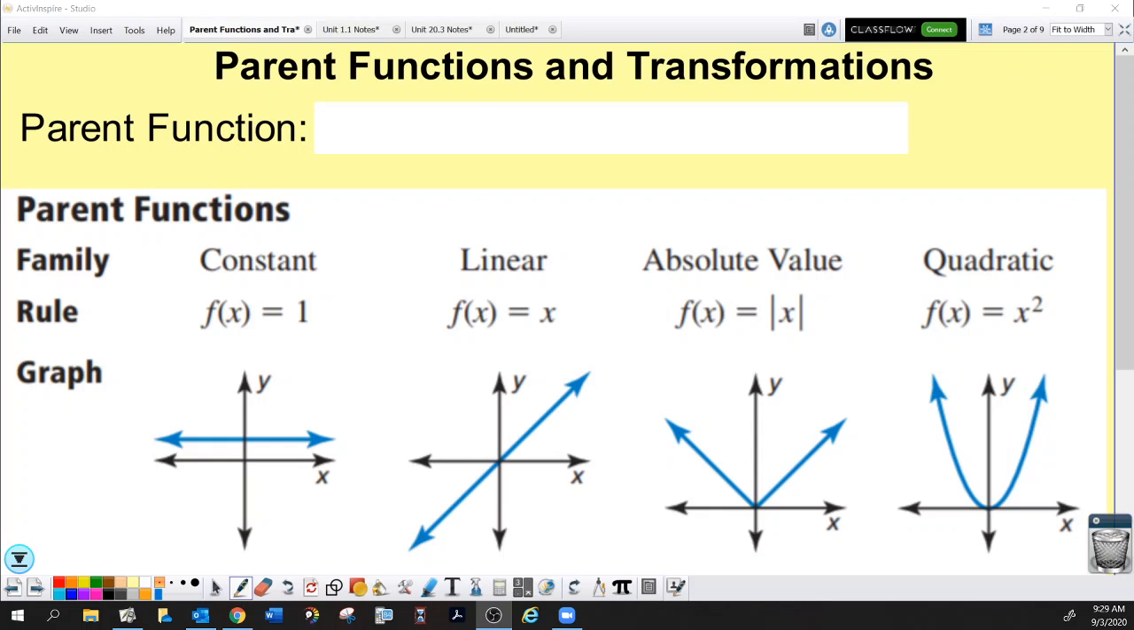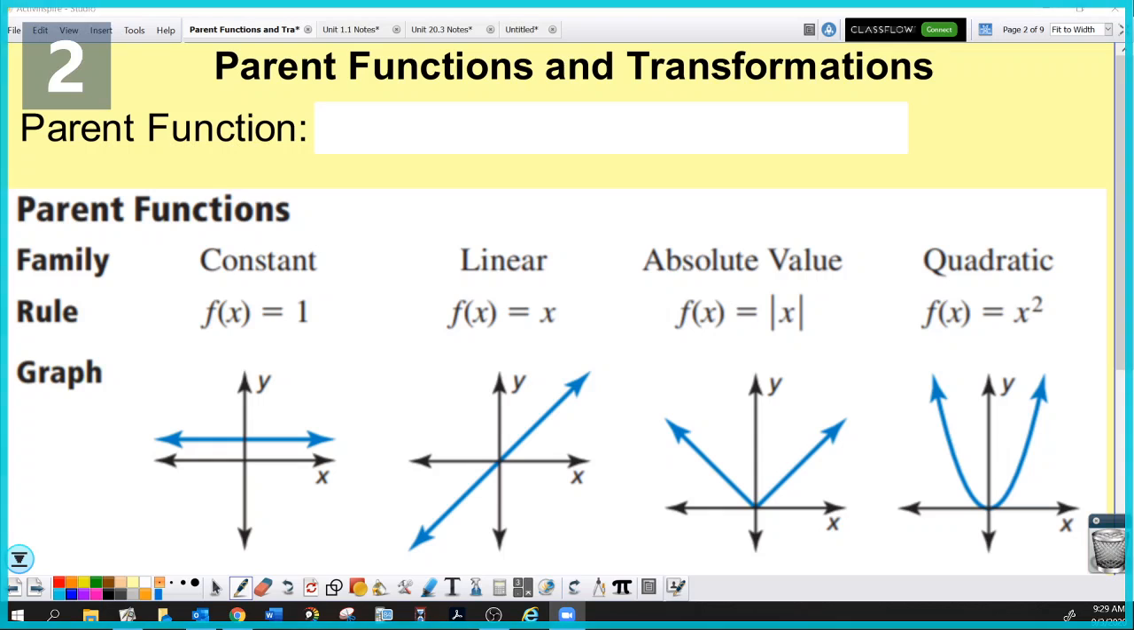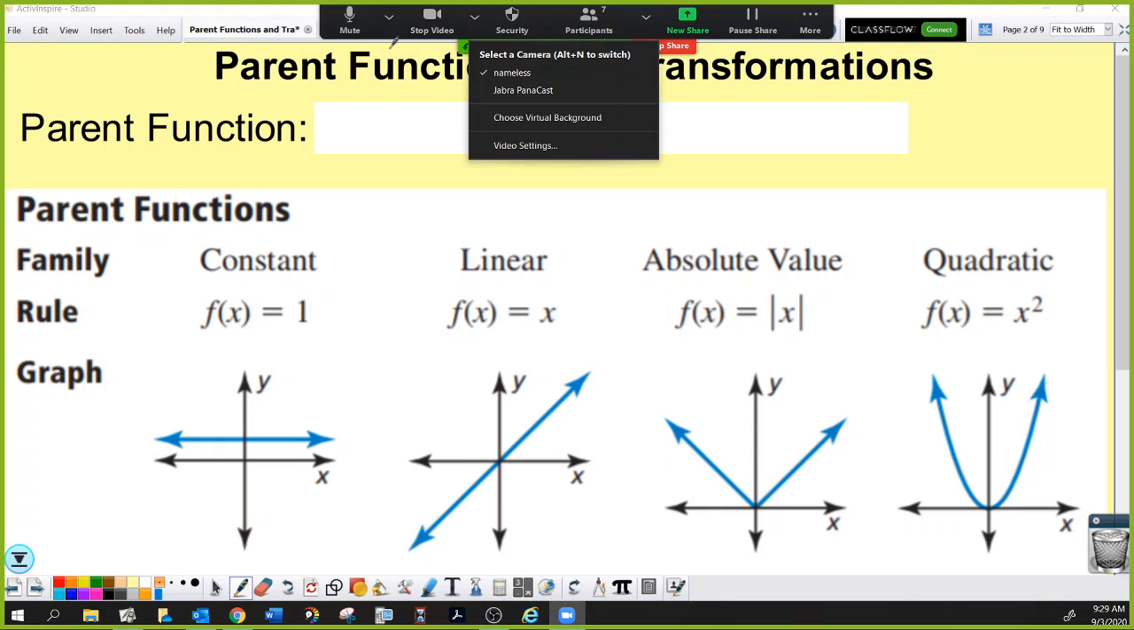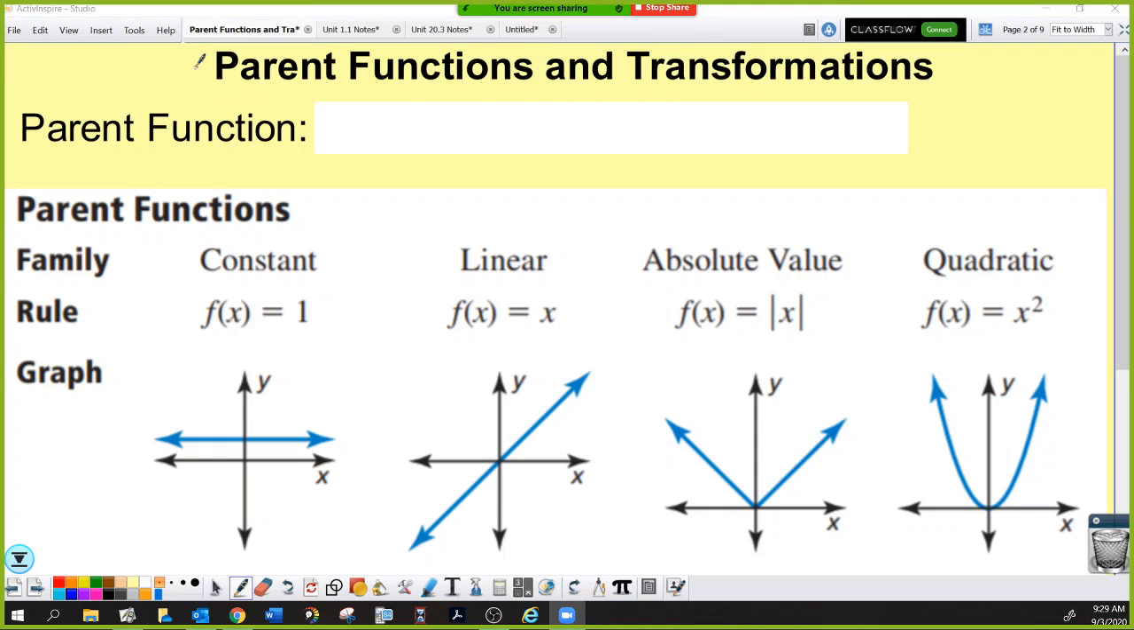So, today we are talking about parent functions and transformations, so we are starting our official journey down transformation lane, and we are going to be masters of transforming very, very soon. It is going to be one of your favorite things, I hope, because I have a unique way of teaching